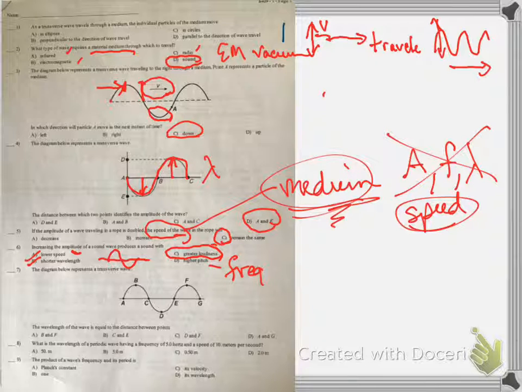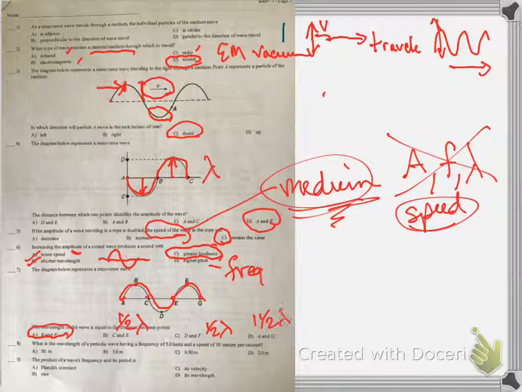Diagram below represents a transverse wave. The wavelength is equal to the distance between, well, A to E would be correct. B to F would be correct. C to G would be correct. So let's see which one of those. B to F, that looks like the right answer. C to E is a half of a wave. D to F is also half of a wave. And A to G is